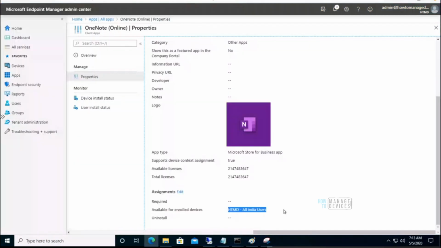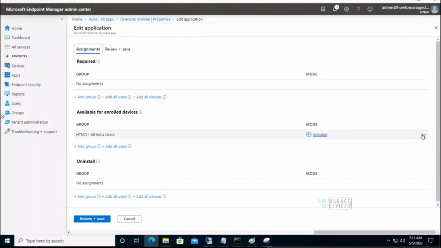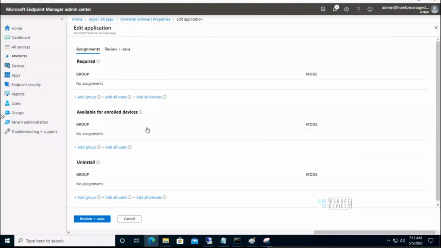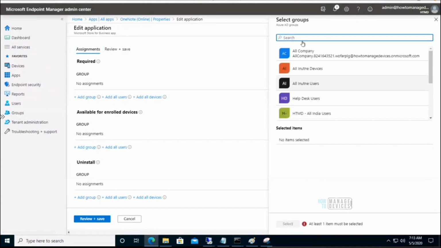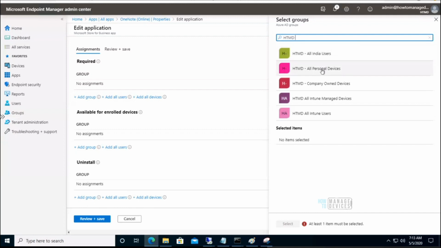So I need to remove this user group and add all. HDMD All Intune users.